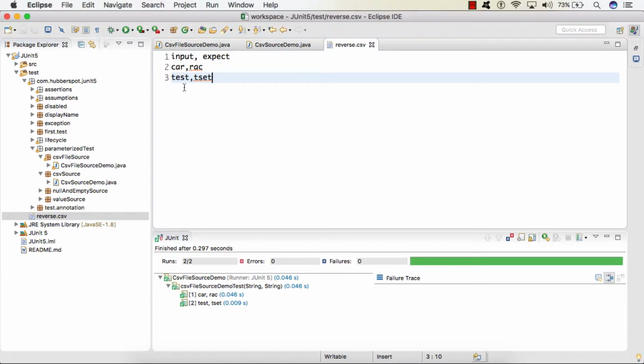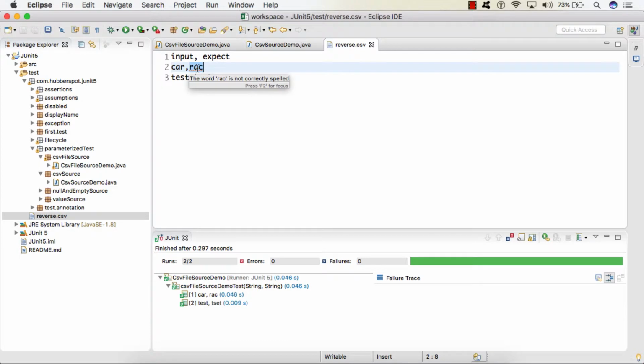So friends, here you can see that my test data is starting from line number 2, and the first line is simply to tell what this first value is and what this second value is. So the first value is our input to our reverse method, and the second value is our expectation. So we are providing this expectation to our test that whatever it returns from reverse should match with this.